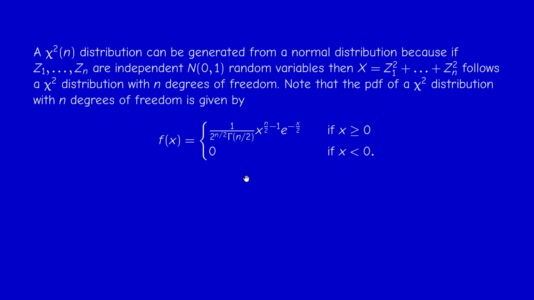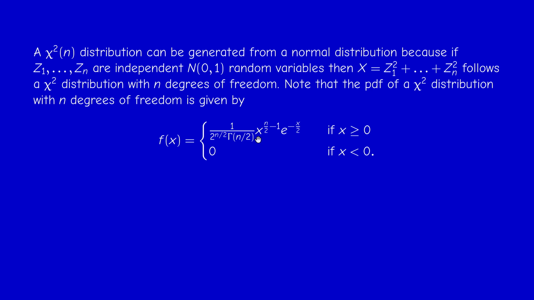And it follows that, okay, there's another way of characterizing it that not all people know actually. There is a formula for the PDF of a chi-squared, and it's given by this formula. It's a constant, you don't need to worry about it. Constant times a power of x times an exponential. And if you recall the gamma distribution from the previous slide,